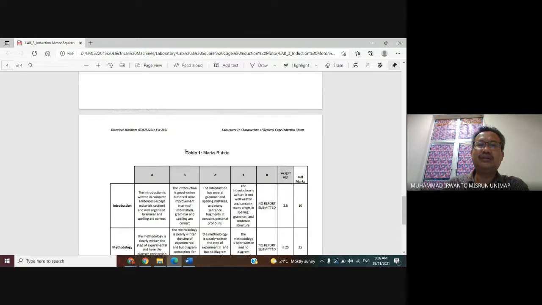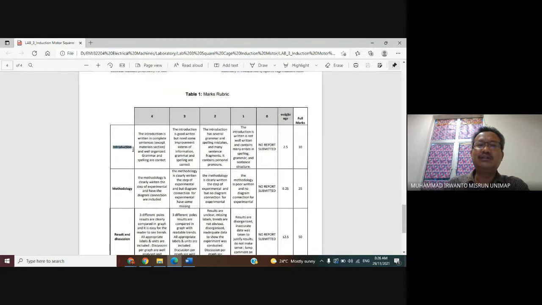following this rubric. For the introduction, the full mark is 10, weighted 2.5, and the maximum mark given here is 4, then multiply by 2.5 to obtain the full mark. 4 times 2.5 is 10. Now look at this one.